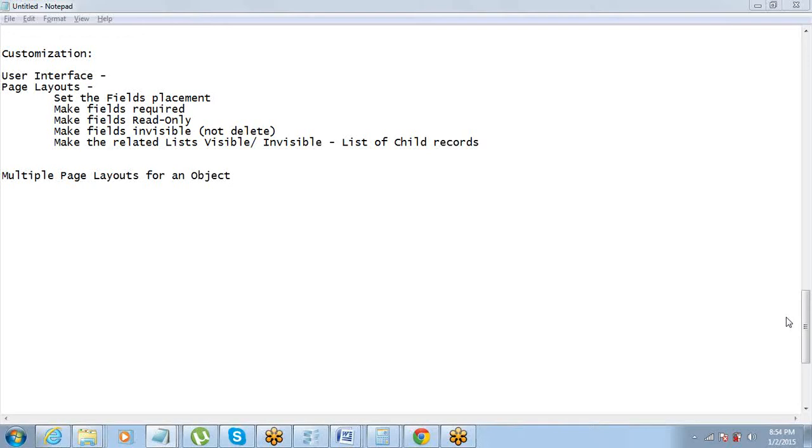The look and feel, the user interface, look and feel good. But why two different look and feels? When we talk about look and feel, we can keep the better one, right? Which looks better. But why are we talking about two different page layouts for the same object? Don't you think Salesforce will get confused if you create two different page layouts? Which one to display? Layout 1 or layout 2?